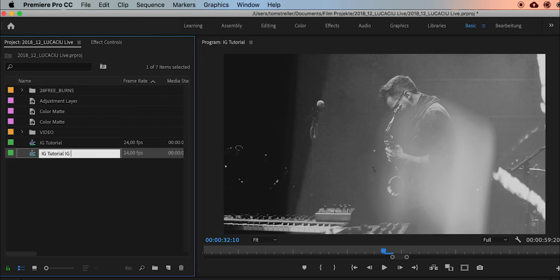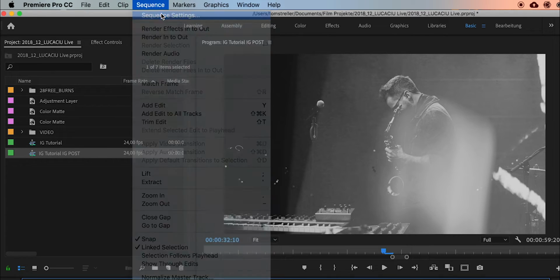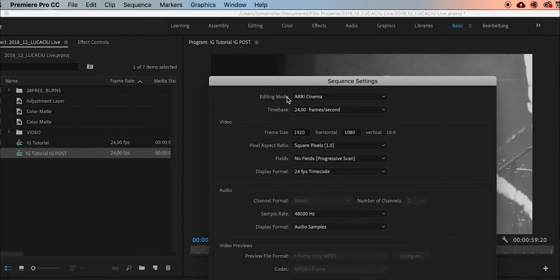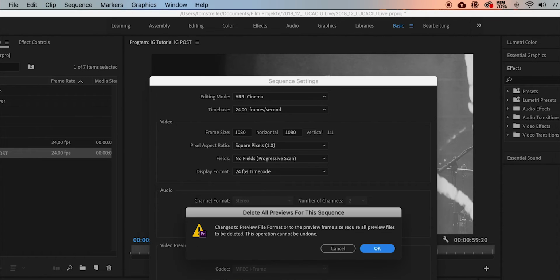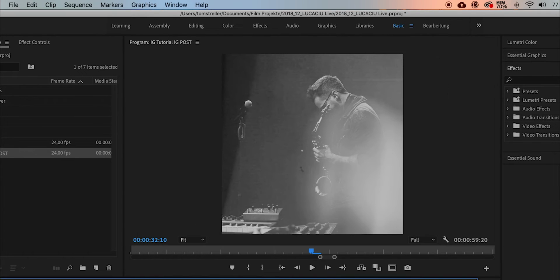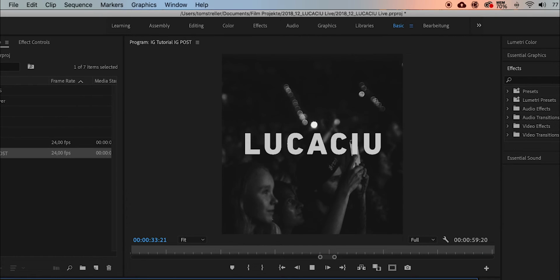After changing the sequence aspect ratio, you need to go through your whole edit again and change the position of some of your clips, because they probably won't fit the new format right out of the box. This is a bit more work to do, but it's definitely worth it, since this makes sure your videos will